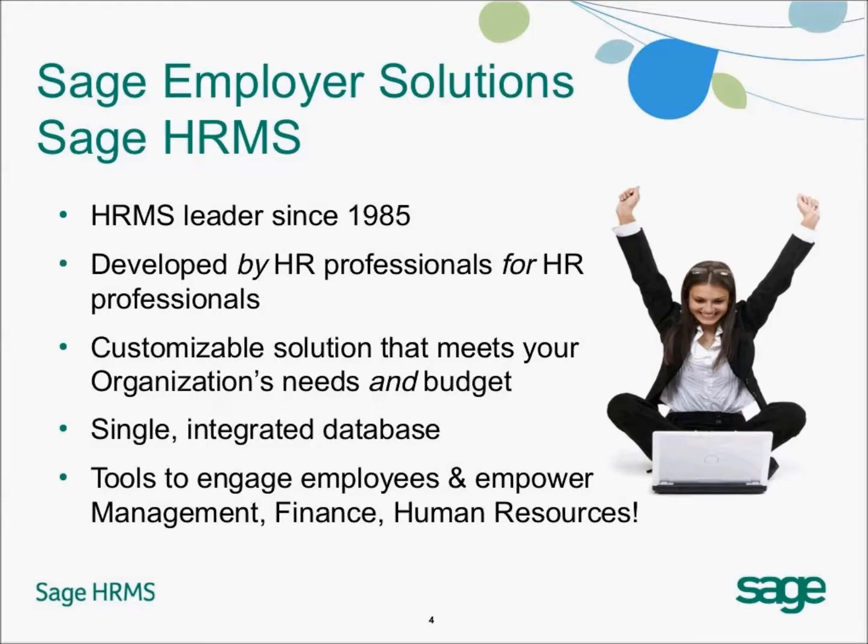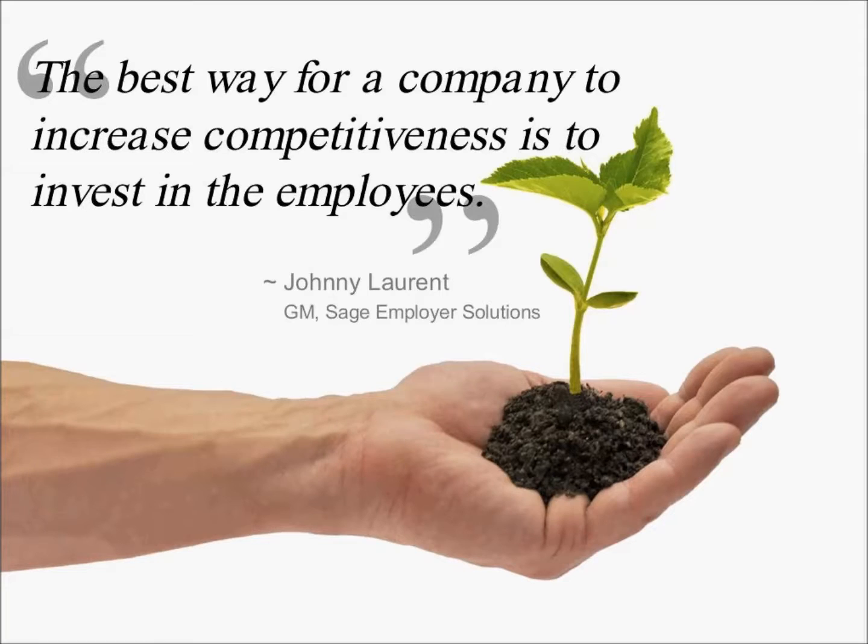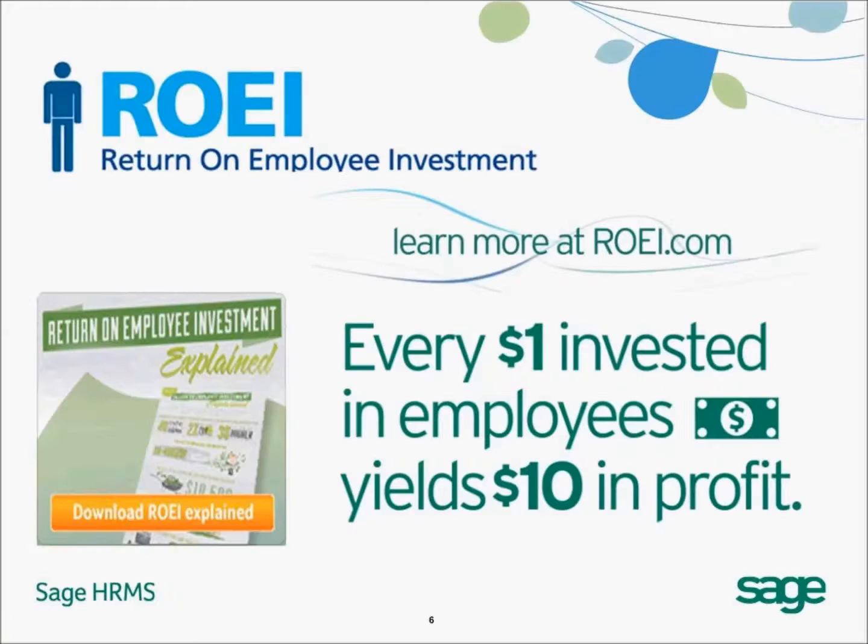So as we go through the presentation today, one of the common themes that our division really looks for when we create our software is to grow your business. And one of my favorite quotes from my boss, my general manager, Johnny Laurent, is the best way for a company to increase its competitiveness is to invest in its employees. And today, that is more true than anything, in the fact that companies are really learning to access and